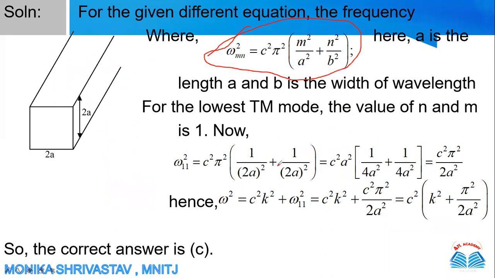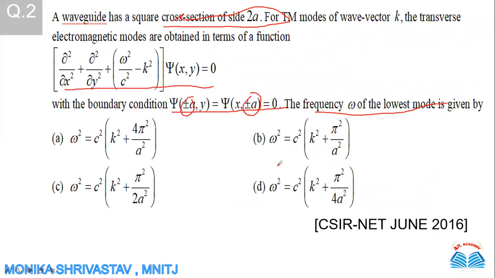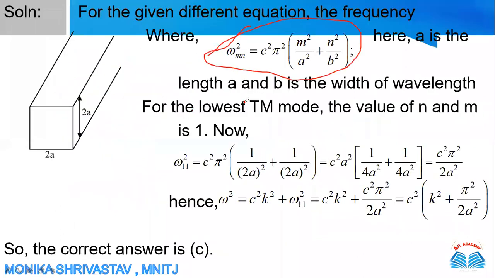I was telling you that they are giving the values of X and Y. Here they are giving plus minus A and plus minus A. A means a unit range. So we will consider the values of M and N as 1. If they say 2A, then M will be 2. And if it is 3A, then N will be 3. Okay. So for M and N, we will put 1 and 1.